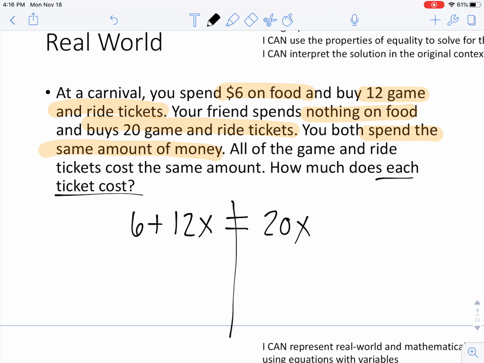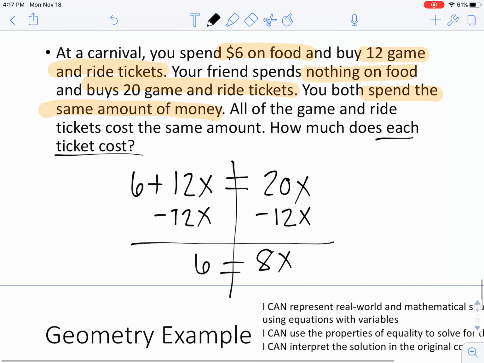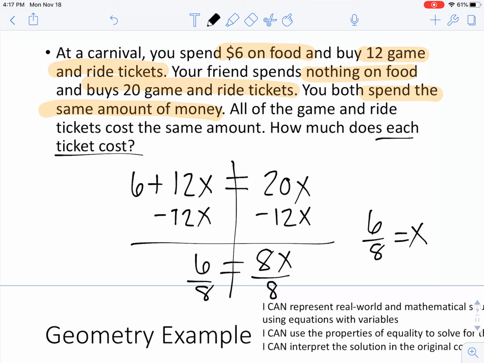I'm going to draw my line down. I'm going to then subtract 12x from both sides because I want all my x's on one side. I'm left with 6 equals 8x. I am then going to take this equation and divide each side by 8. Since I had 8 times x, the inverse operation is division. I'm left with 6/8 equals x. What I want you to do now is I want you to